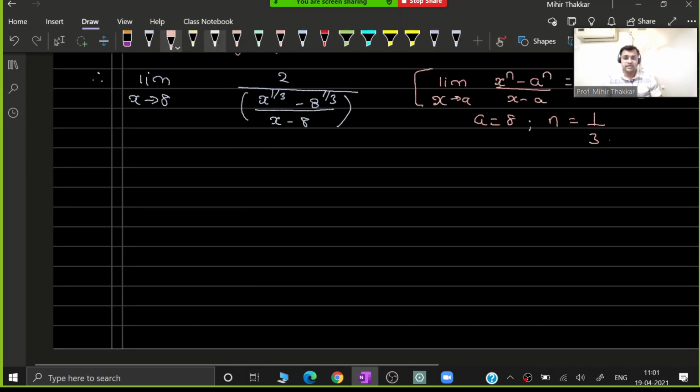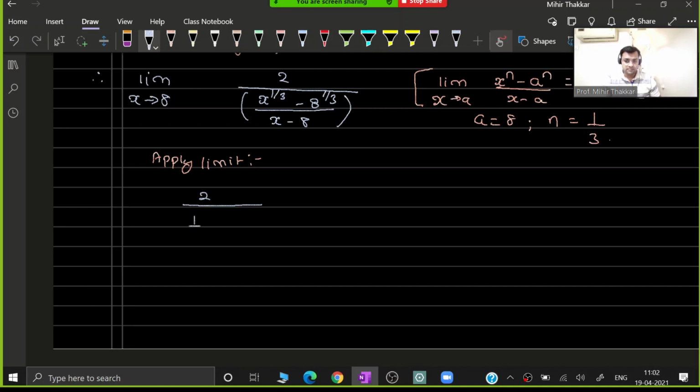So now guys, when you apply limit, what will we get? It will be 2 over there as it is, and it will come 1 upon 3 into 8 to the power 1 by 3 minus 1, which is negative 2 by 3. Because the power is negative, I can take it in the numerator so that the power becomes positive. And this 1 upon 3, if it becomes reciprocal, it gets multiplied with 2. So it will become 2 into 3, that is 6. And 8 to the power